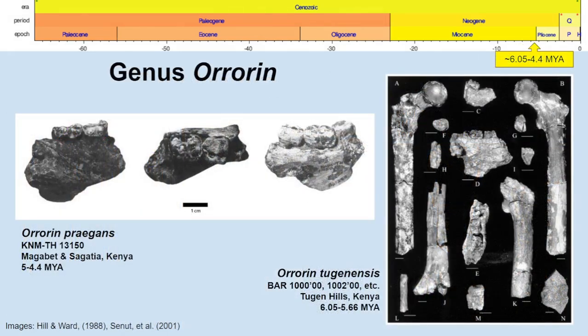Next, we have a second genus of early hominin, Orrorin, which to date contains two species. The first and the oldest is Orrorin tugenensis, named after the Tugen Hills of Kenya, where it lived between 6 and 5.6 million years ago. A handful of remains were uncovered by a team led by Martin Pickford and Brigitte Senut, and some of the